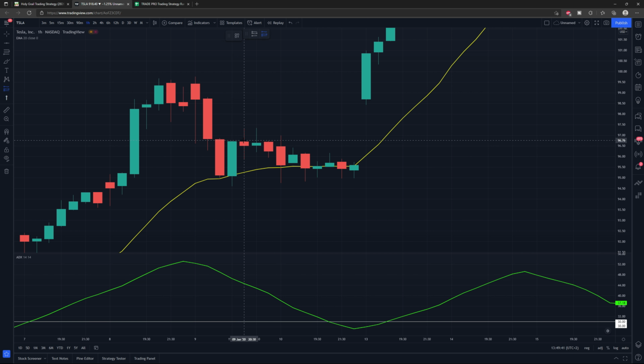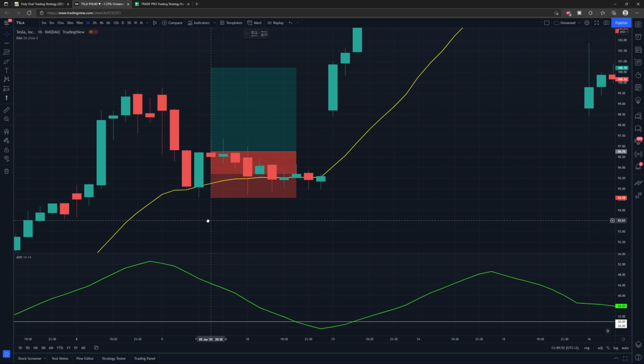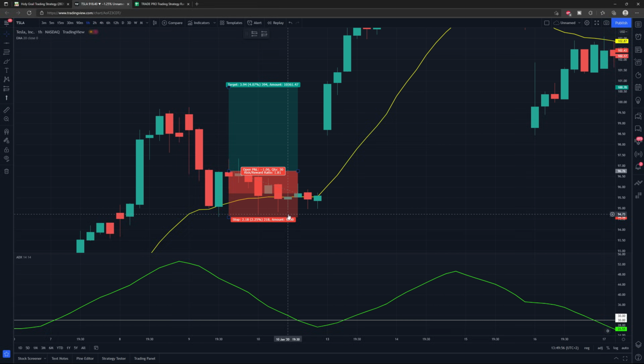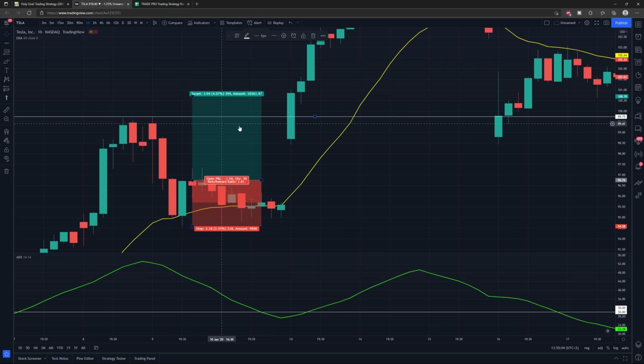And then we get the entry on this next candle when the high of the pullback candle is taken out. Our stop loss will go below that pullback candle. And then we just need to wait till we either get stopped out on this or the price breaks above the high here. So the high we're going to be looking for right here, it gets broken on this candle,